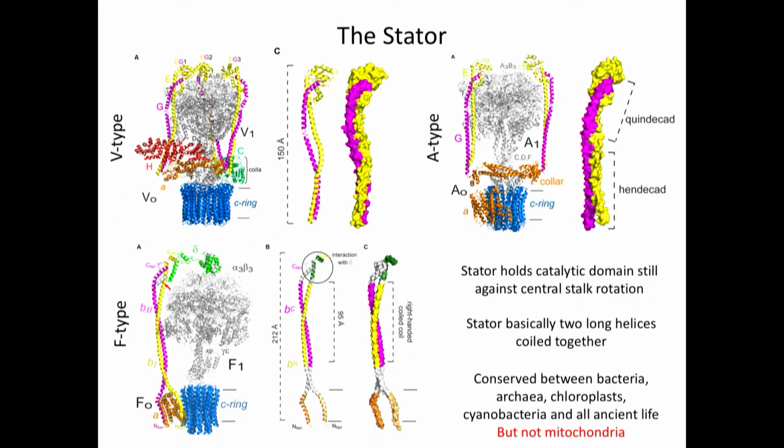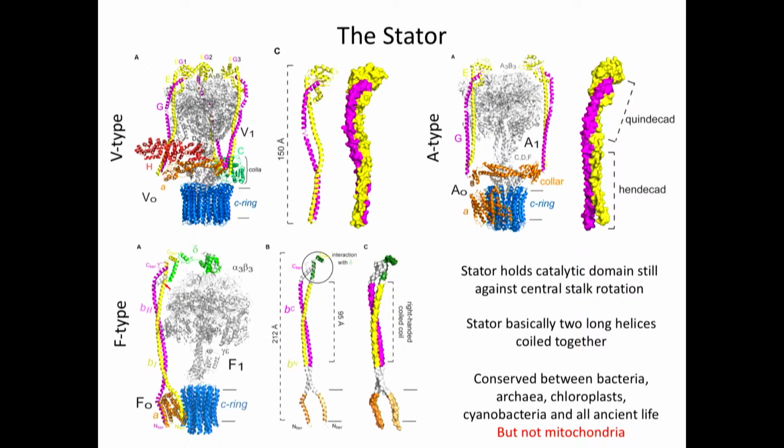So the other part of the structure is the stator. The stator is really important because it holds the catalytic domain stable relative to the membrane. So the rotation of the rotor is not lost when it goes into the catalytic domain. Holding the catalytic domain stable is really important so that you get that rotation of the central stalk in the middle of the catalytic domain to force the conformational changes that occur in the catalytic domain, which is required